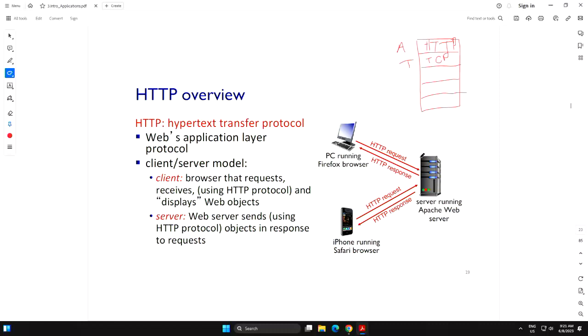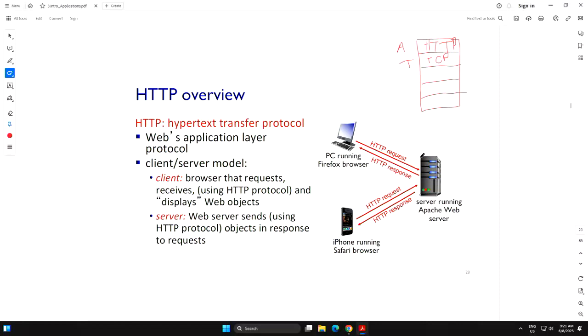So we have to learn what is an object, how you can fetch that object, how TCP comes into play, and how TCP influences the experience of the user in terms of delay in getting the object. What can we do to improve this experience? How do we compare them? How do we analyze them? If I give you a case study, can you tell me which one is better? And how to find out how many seconds it's going to take given this case study, and things like that. So today's lecture is full of that.